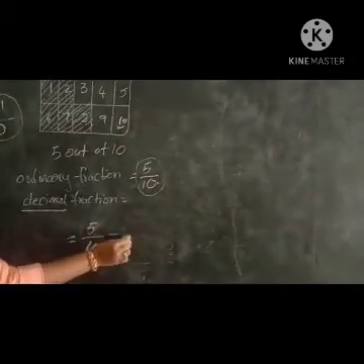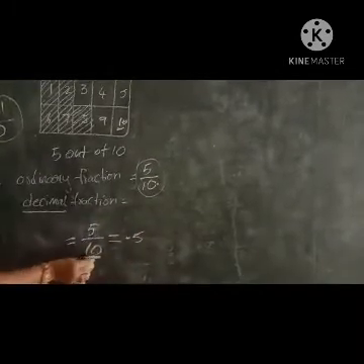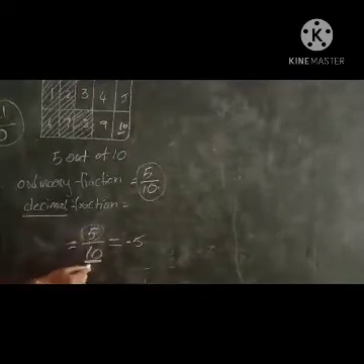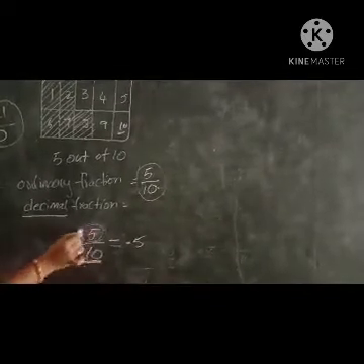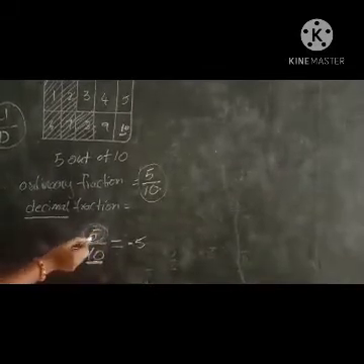No? Again see ma, 0.5. 0.5 only. This is the tens place only. Now 10 means here in the tens place we have to write the 5. If 100 is there, it means in the hundreds place we have to write the 5. If 1000 is there in the denominator, we have to write the 5 in the thousands place.